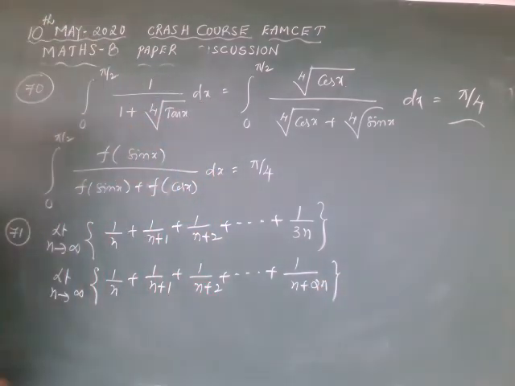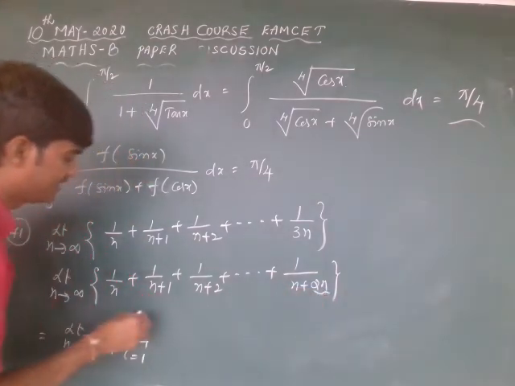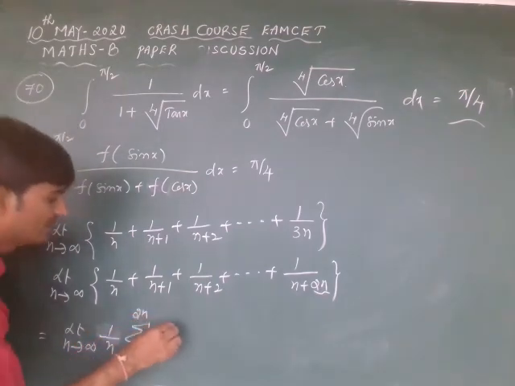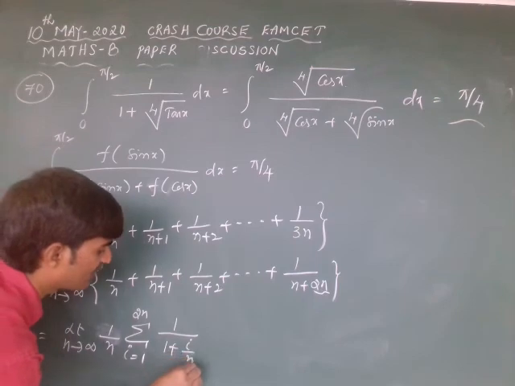As a limit of sum it is written as limit n tends to infinity 1 by n summation i is equals to 1 to, how many terms, 2n, 1 divided by 1 plus i divided by n,